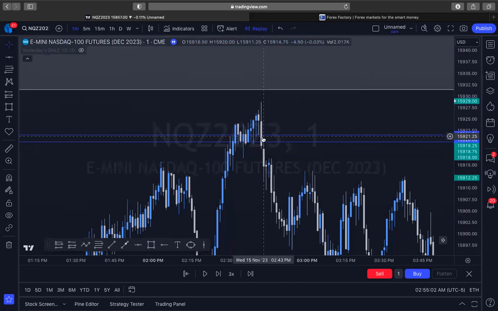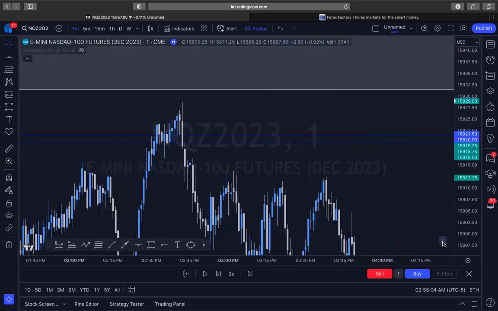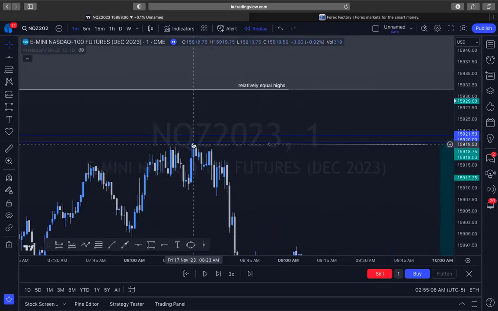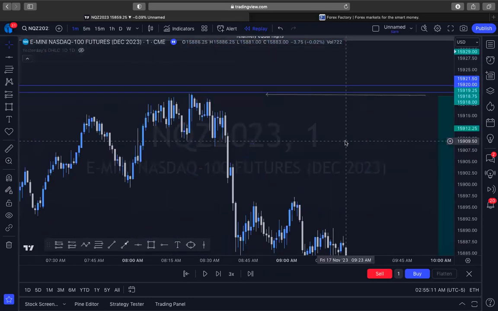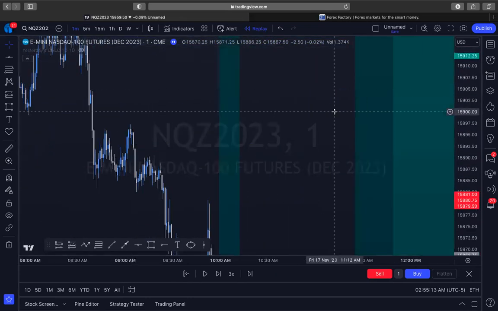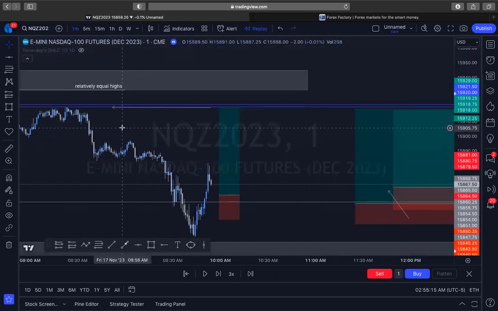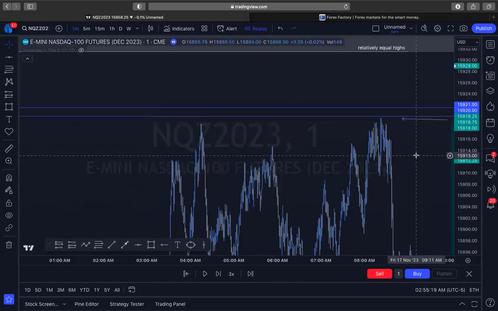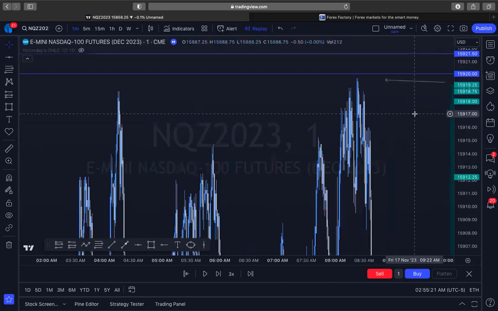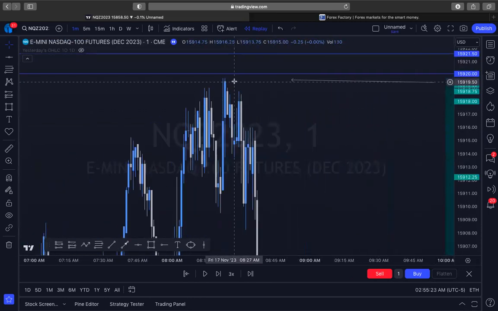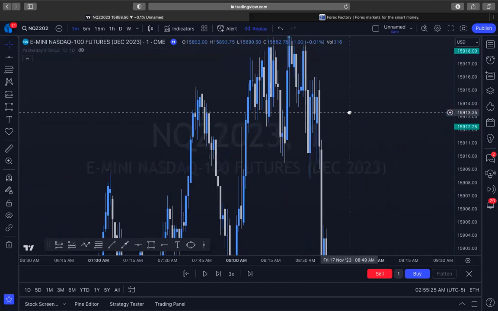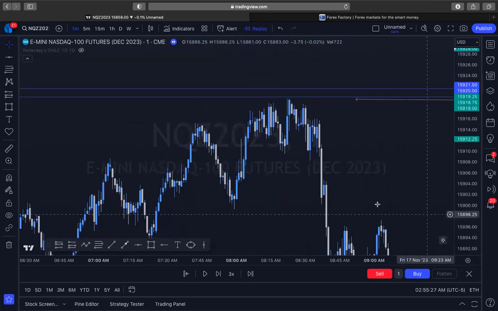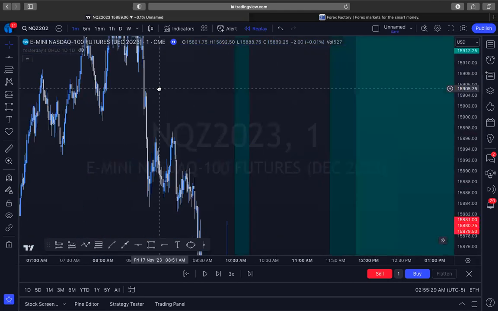So if you look at that, and let me go ahead and move forward to where price is right there, you can see that it's very close. Let me see if it actually tapped into that high. It doesn't look like it tapped that high, but it got very close and it gave us a very clean rejection from there. But from there, we can take a look